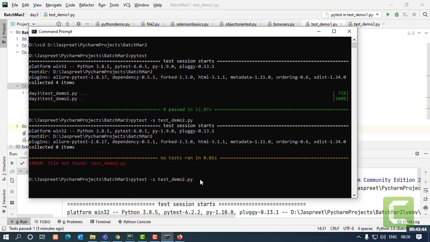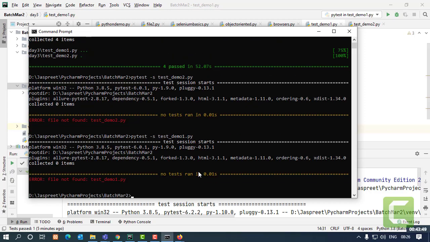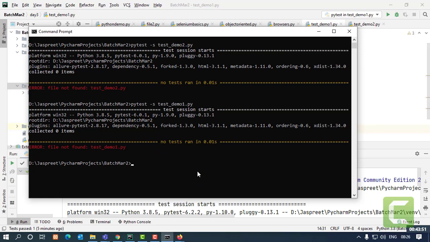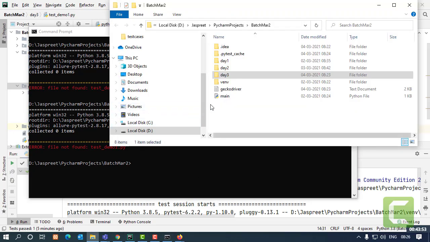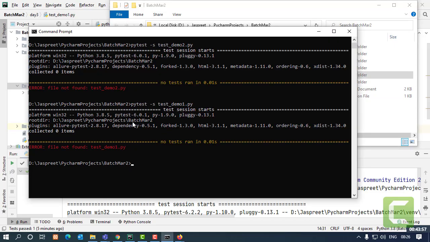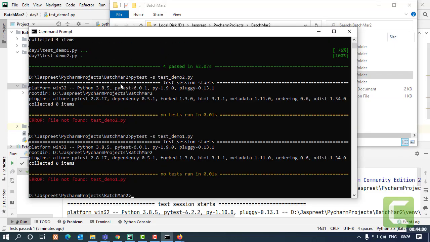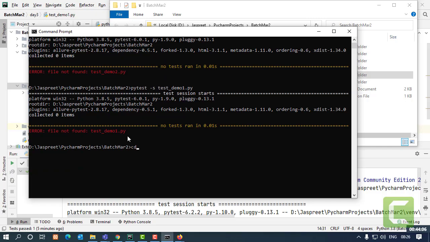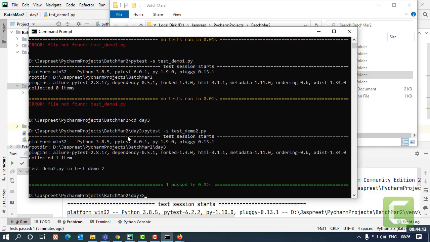Just a minute. Oh, I'm still not in the package. I didn't observe this. So I'll go into the package, cd day 3. Now if I execute the same command, it will run the test case.